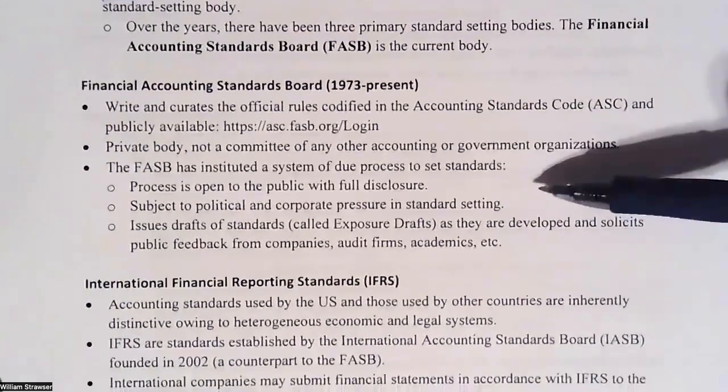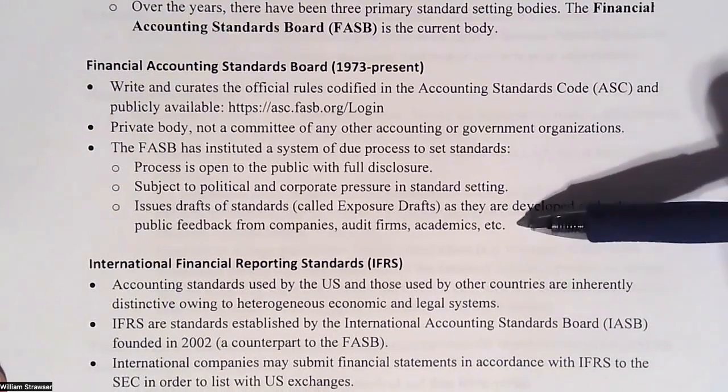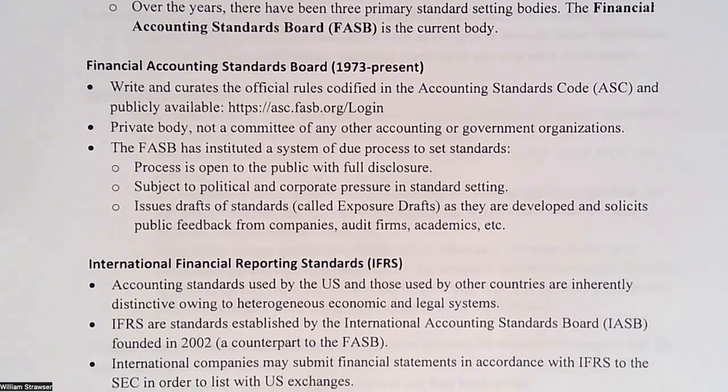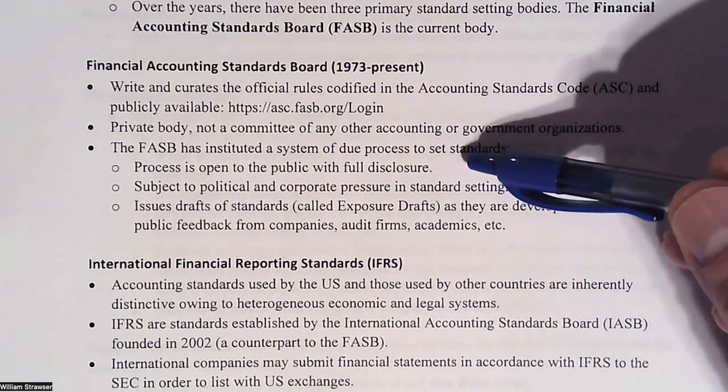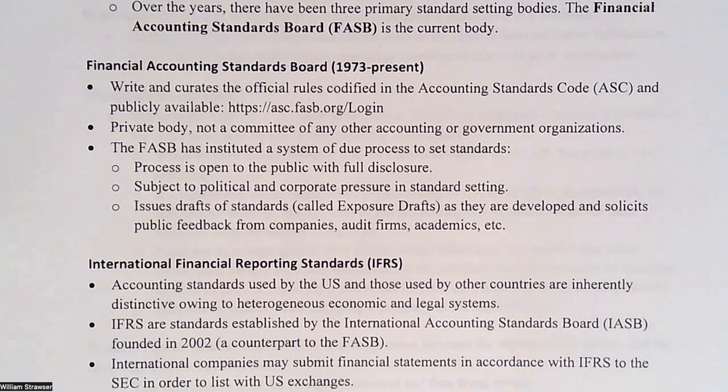One thing to note is that when the FASB is developing these standards, it doesn't do so without any forewarning. When they are developing a standard, they consult. It's open to the public and has full disclosure. They even issue a draft of the standard. They solicit feedback on the draft from the general public, usually audit firms, companies, businessmen, practitioners, and academics, and the FASB will consider this feedback when they try to modify some of their writing.